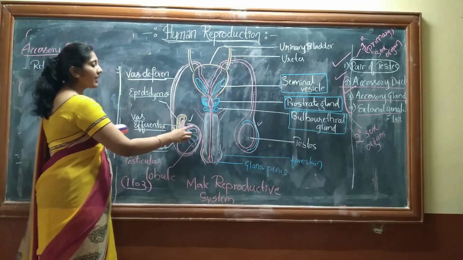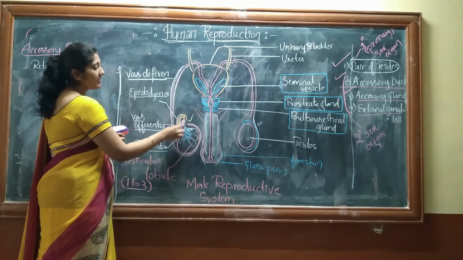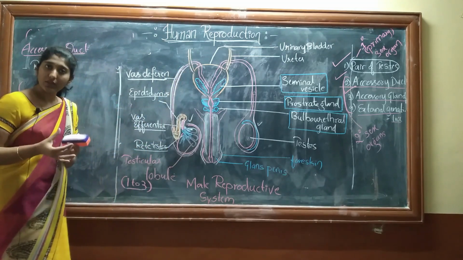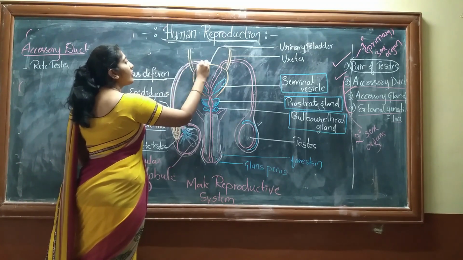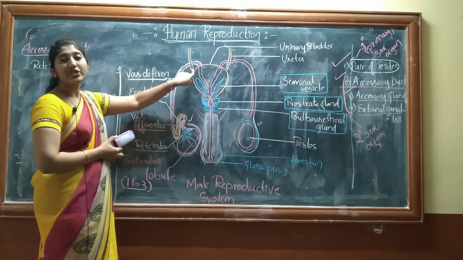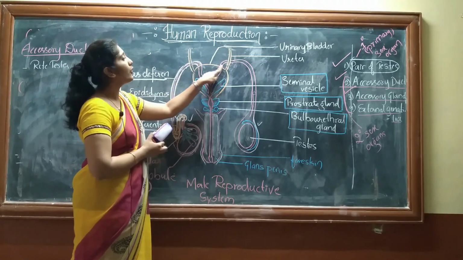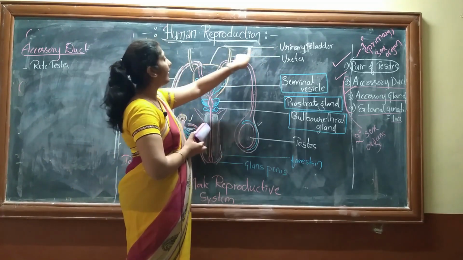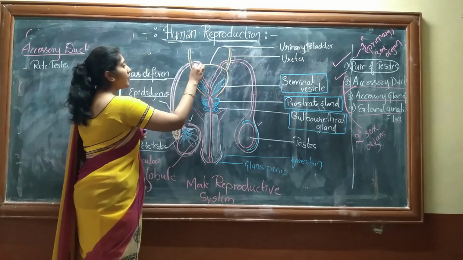Once the sperm which is formed in the testes reaches the vas deferens, these ducts store the sperm and also carry the sperm. This vas deferens loops around the ureter. These are the two ureters which are coming from the kidney. Next, this is the urinary bladder. The orange color is what I have marked here as the urinary bladder, and this is the ureter. Once the sperm is carried here,